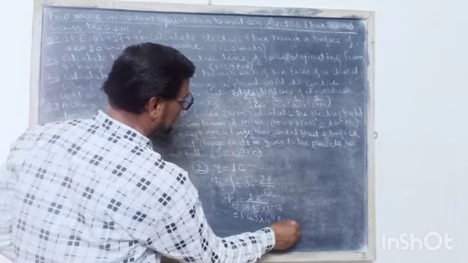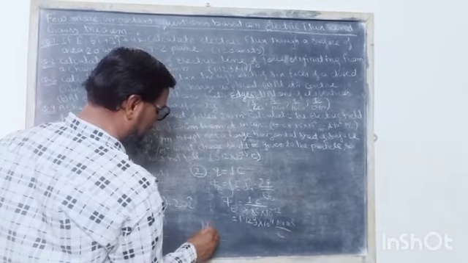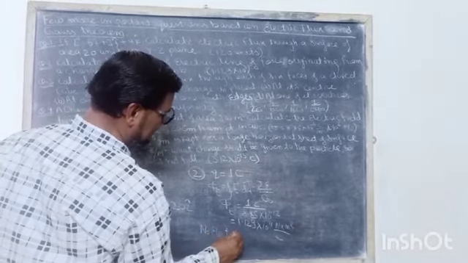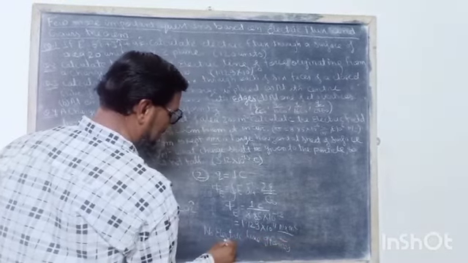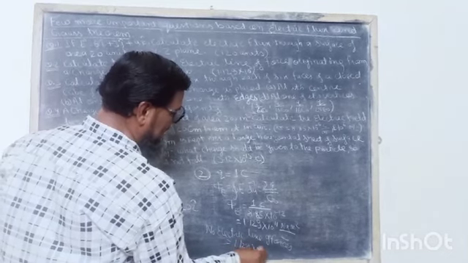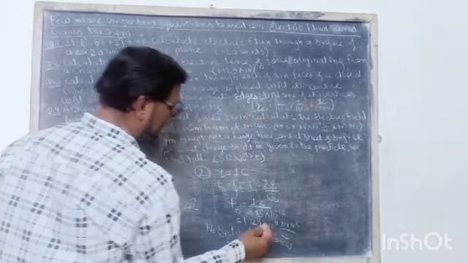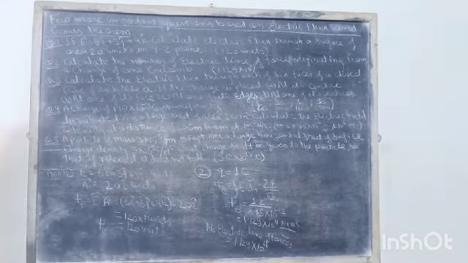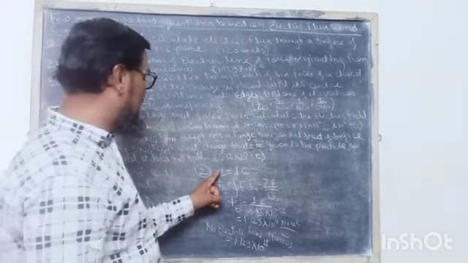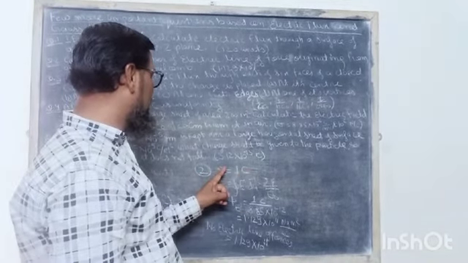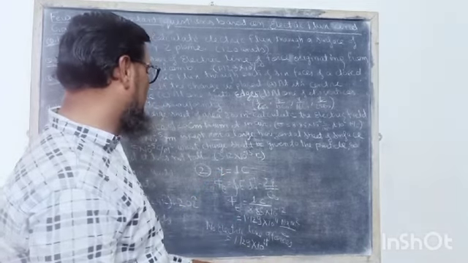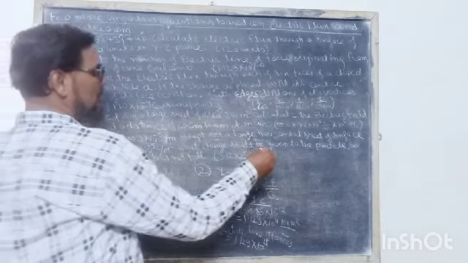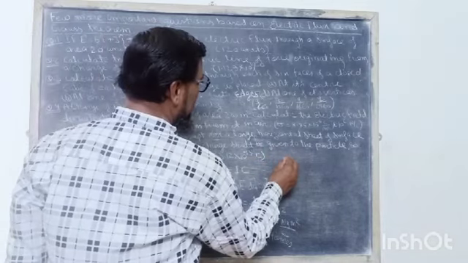This is in Newton meter square per coulomb, and the number of electric lines of force will be 1.129 into 10 raised to the power 11. This is the answer of the second question. So the number of electric lines of force originating from the charge Q is 1.129 into 10 to the power 11 from the Gauss theorem. Now we shall discuss question number 3.